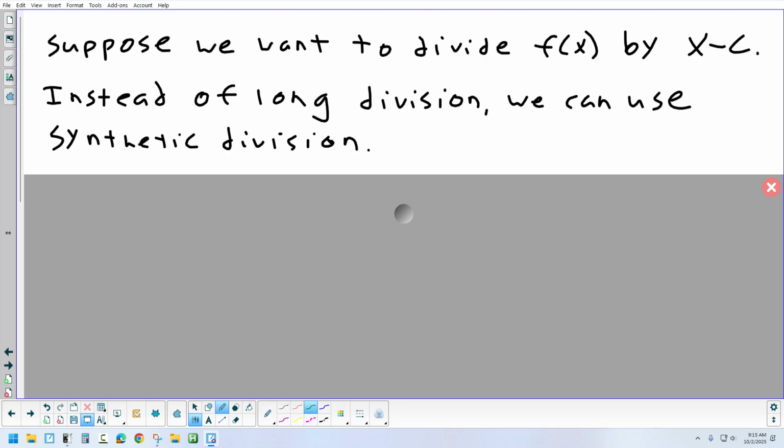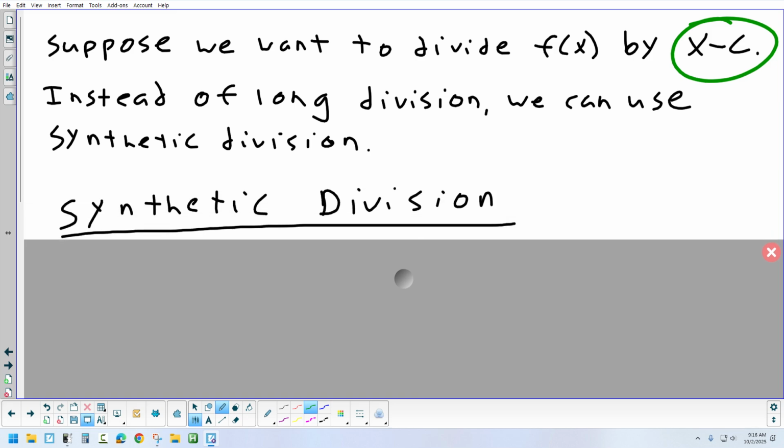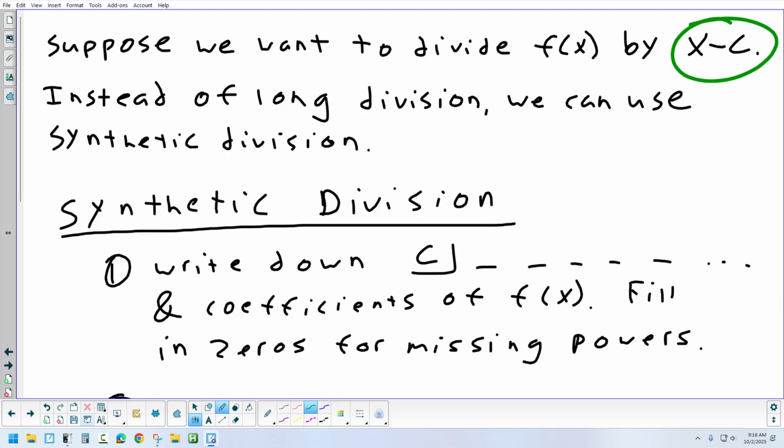So yesterday we talked about division, and we did it using long division. Okay? Long division will work all of the time, no matter what kind of problem you're trying to do. Synthetic division is a very special kind of division that works when the denominator is x minus a number. Okay? As long as you have x minus a number, this method works. If you don't, then you've got to use long division. So let's